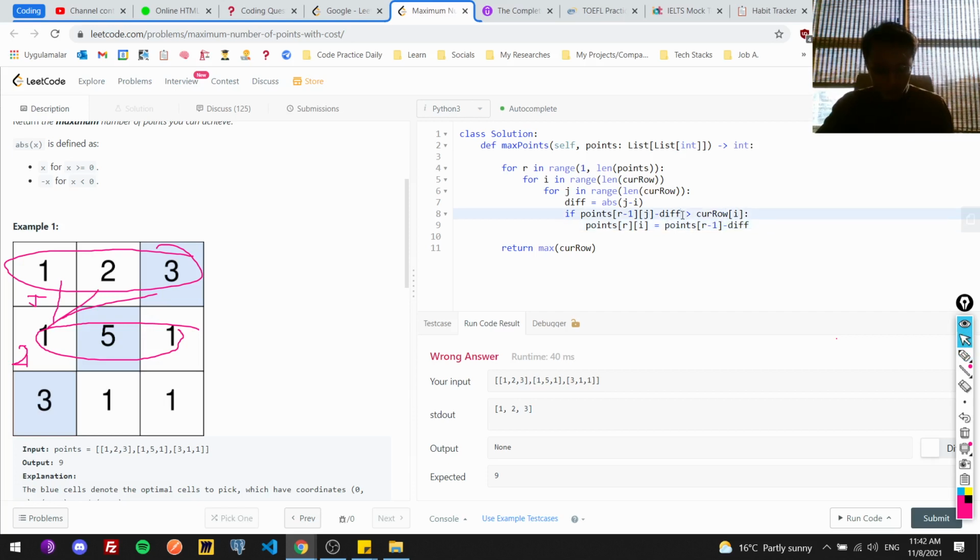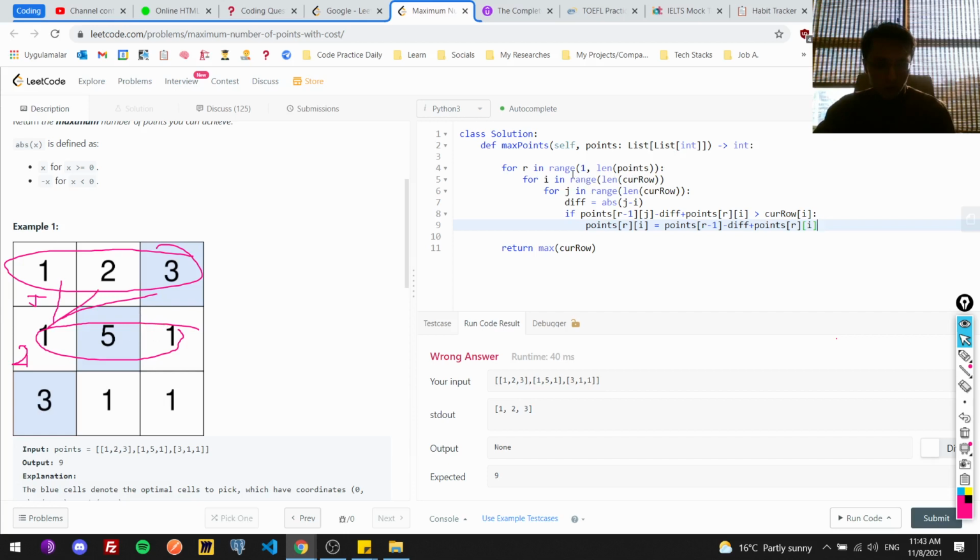So here, plus the point R and I. Okay. I sum it, put it there. If possible, if it is greater, then when I do that, it is just simply going over it, and I will stop